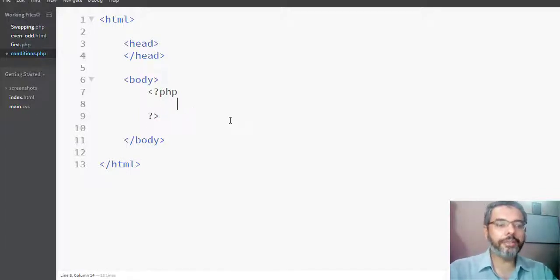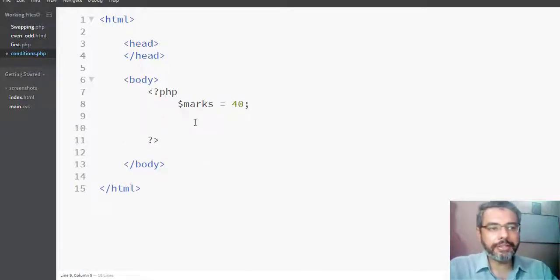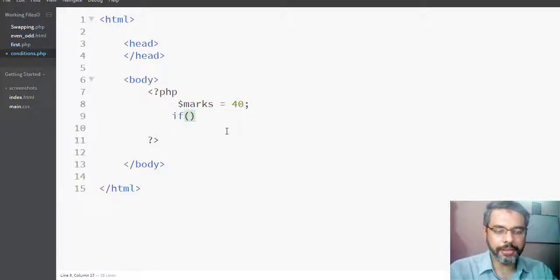Now inside this, let's create a variable. We discussed that we can create a variable, for example, $marks equals 40 semicolon. Okay, so this basically defines the variable name and variable value. Now conditional statements, we start with if else. If is basically a conditional statement that defines a certain condition. Based on this condition, certain statements are executed. So in our case, we can say